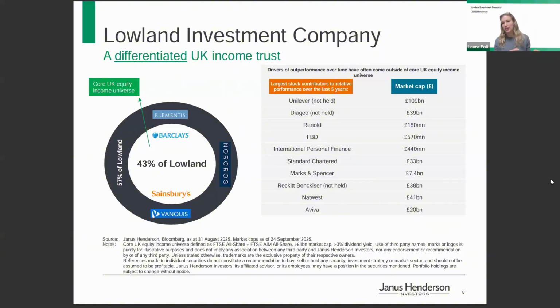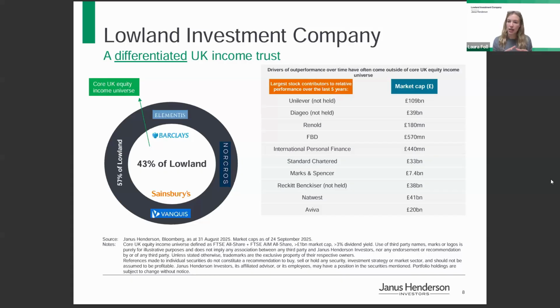So the reason that I spent some time talking about the UK economy is that the UK economy matters more to Lowland with its small and mid-cap focus than it would if I were running a larger cap trust. Those larger companies, say the top 20 in the FTSE 100, the AstraZenecas, the HSBCs of the world, are very international businesses. It wouldn't necessarily matter too much for them whether UK GDP growth is 1.1, 1.2,